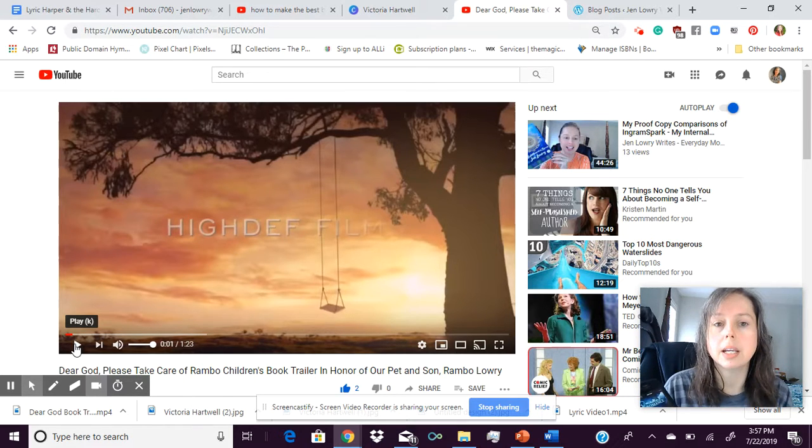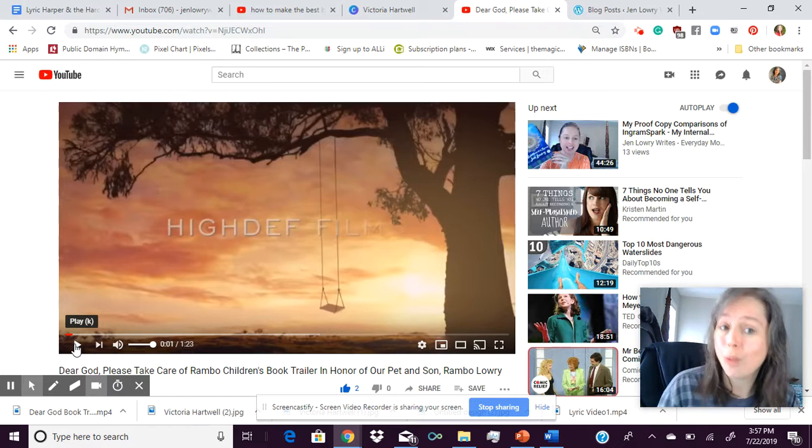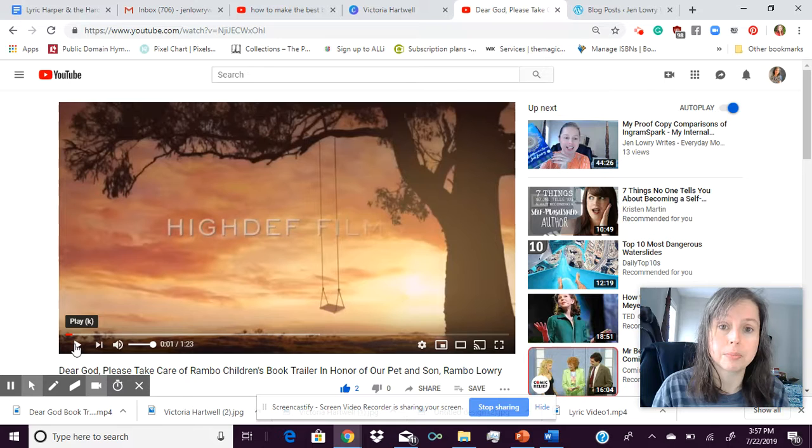And this one is the Dear God, Please Take Care of Rambo, which my son is writing a letter to God. So I thought the clouds worked perfectly, and I loved the music for it. So even though this template did not work for the scary YA horror, it worked perfectly for my children's book. So I actually tried my movie number 4. Well,